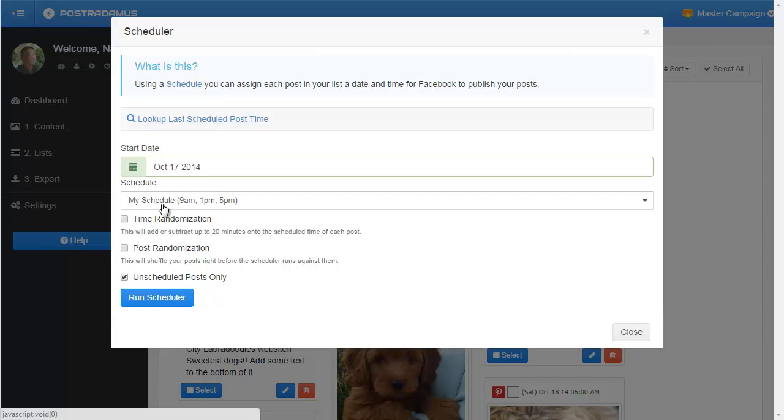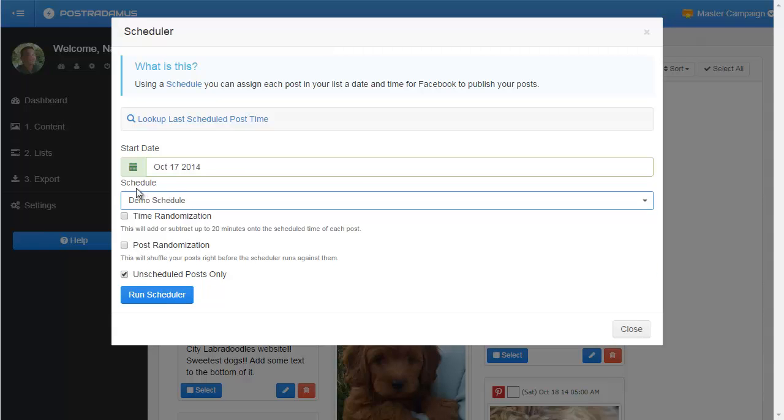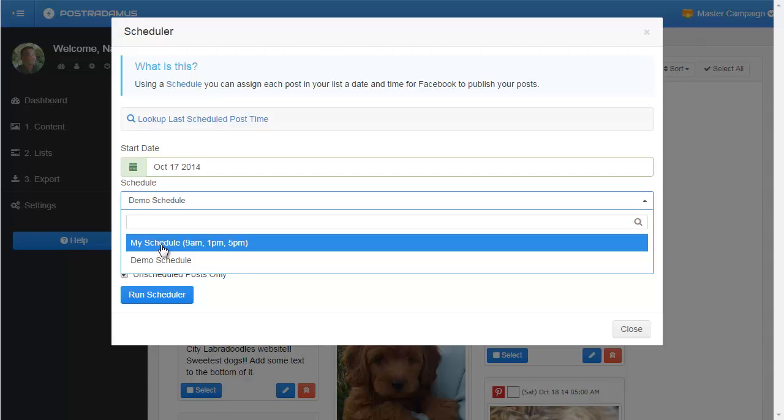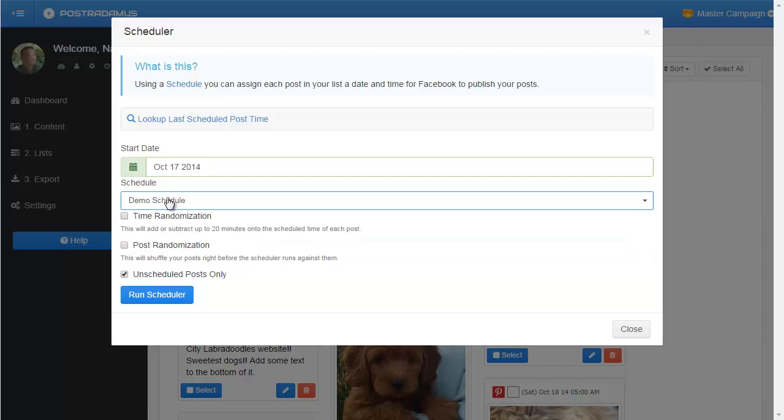And then I'm going to choose which schedule I want to use. Now you saw I previously had one called My Schedule already set up, so I could use that one, but since we didn't set that up together, I'm going to use the one that we set up, and that's called Demo Schedule. This is nice because it allows you to switch between schedules. If you're wanting to use different schedules for certain circumstances, this is going to allow you to do that. It's not just one schedule you can set up, it's multiple. So for this video we'll use demo schedule, and then we have some various options, but we're just going to kind of ignore these for now. I'll just click run scheduler,